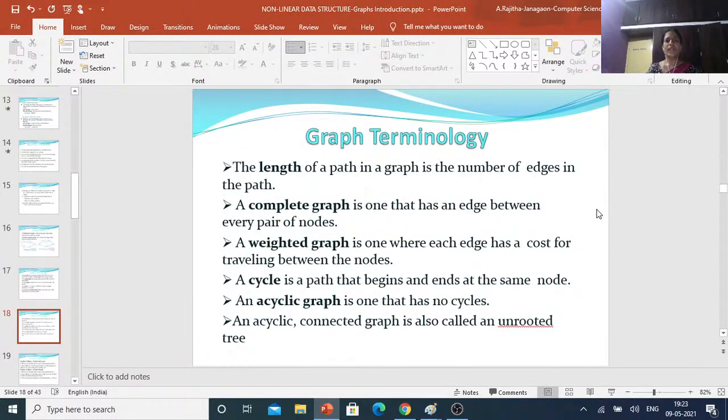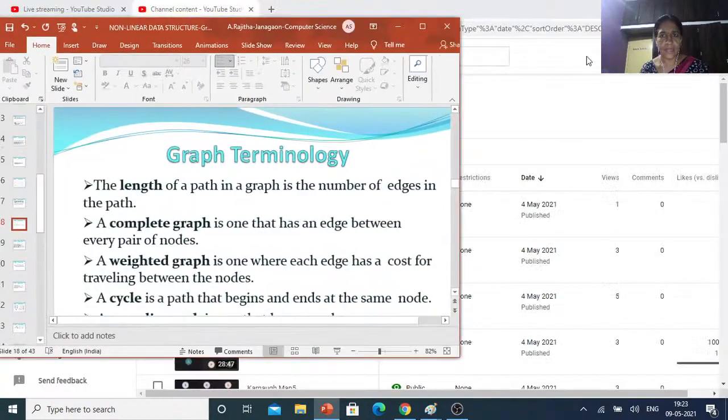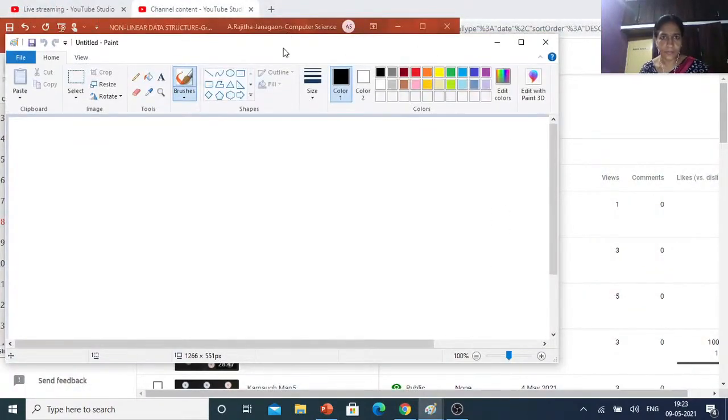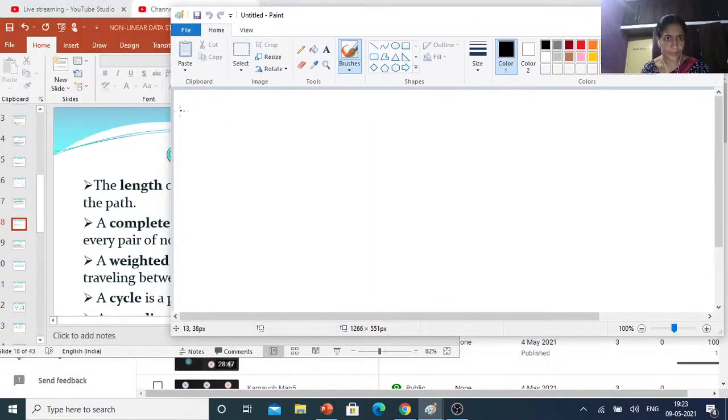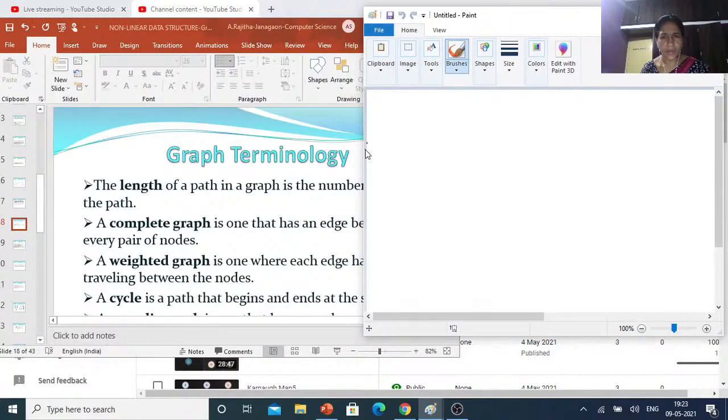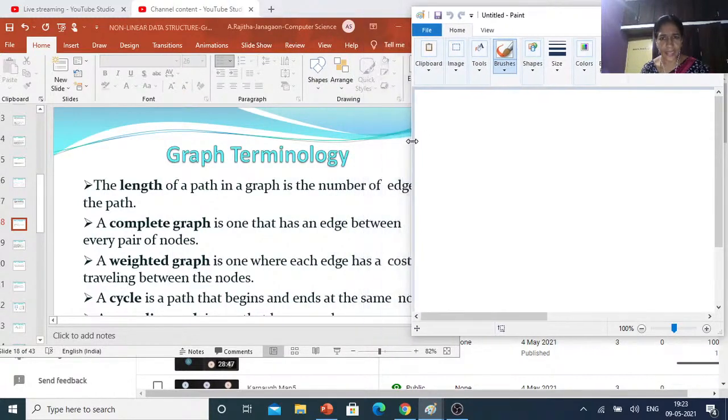Now, length. The length of a path in a graph is the number of edges in the path. Suppose how many edges exist.